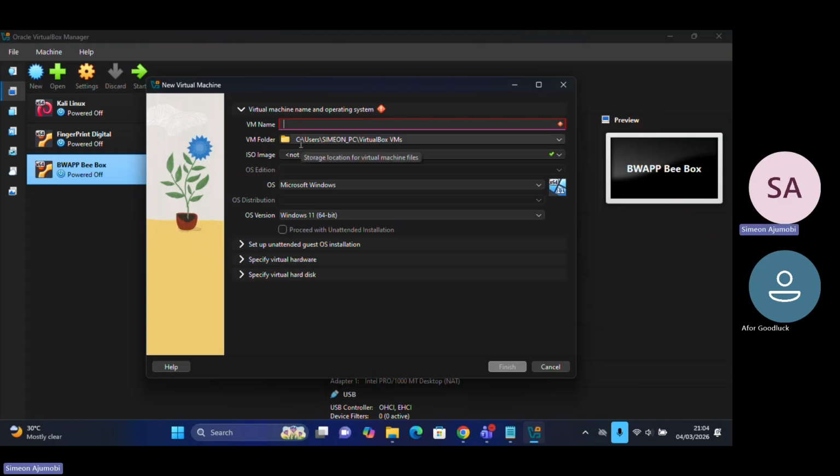You call this one Windows 10. I would like you to do Windows 11 and do a screen record and send it to me. I'm going to call it Windows 10 Pro. Windows 10 Pro. When you get to Windows 10 Pro, you click on